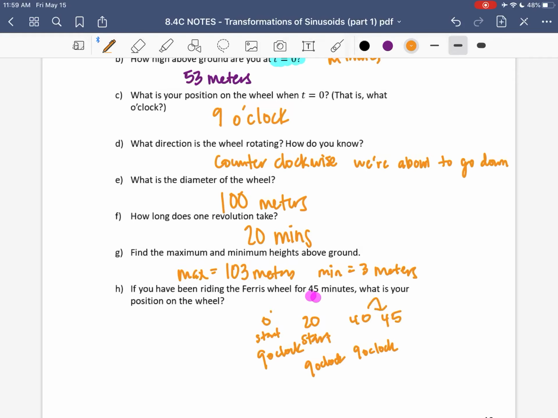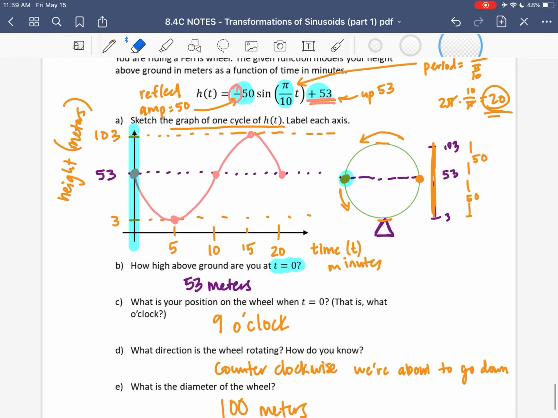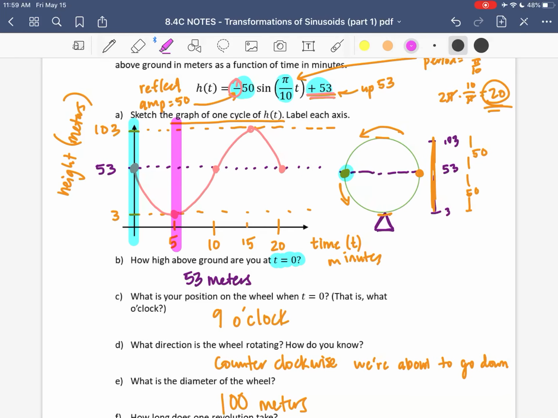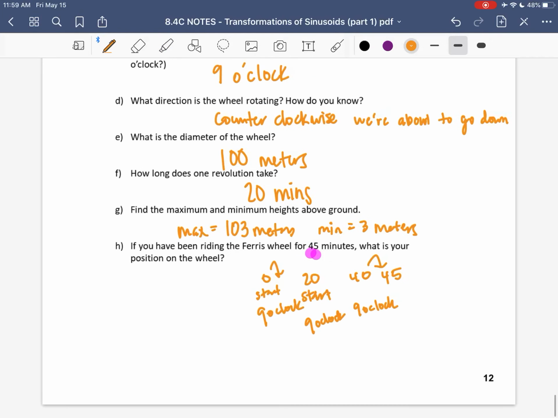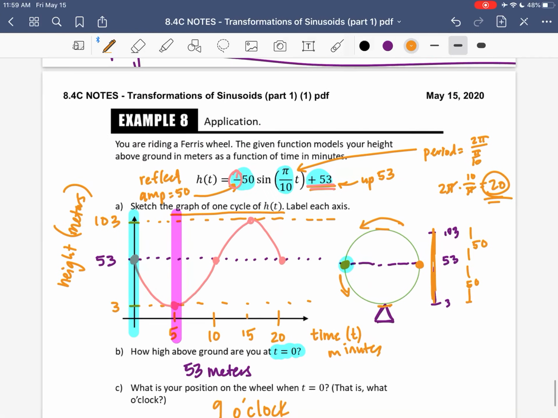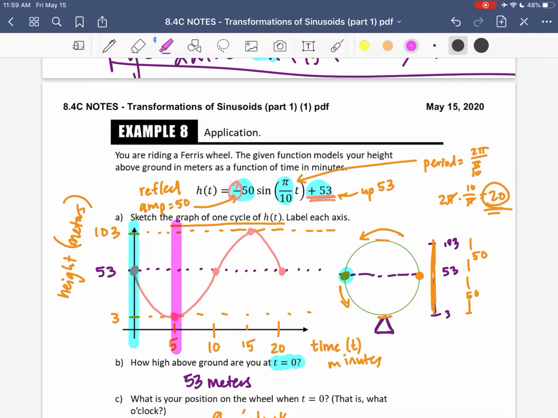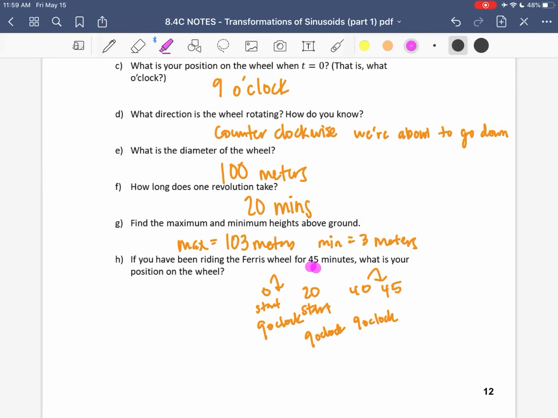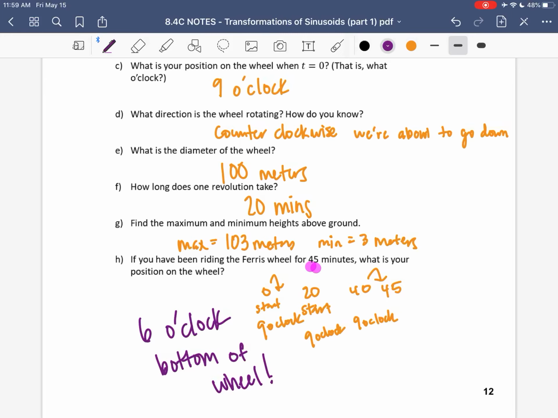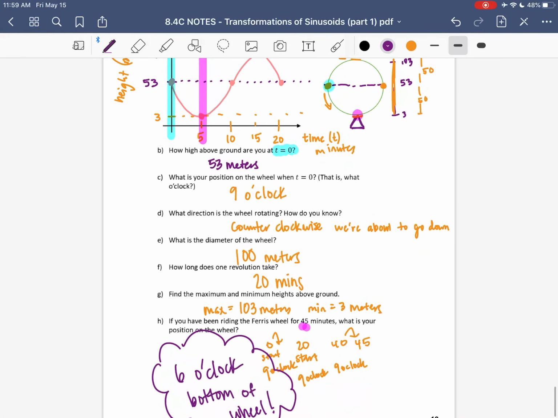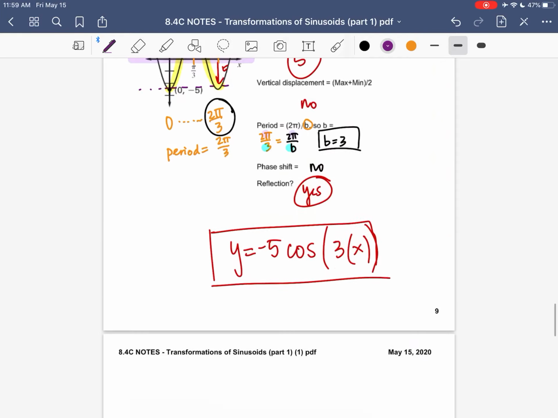So really, we can just say 45 minutes is going to be the same position we are in at 5 minutes. So let's look at our graph at 5 minutes. Here we are at 5 minutes. We are all the way down at the bottom. So we're 3 feet. So we're all the way at the bottom. That's our position on the wheel. So like 6 o'clock, all the way at the bottom. Seems weird that you started counting at the 9 o'clock position, but whatever. Okay, that's it. So that's our graphing, sine and